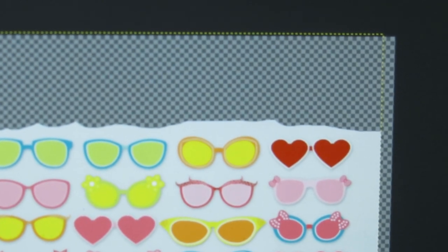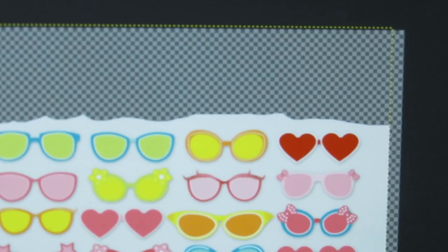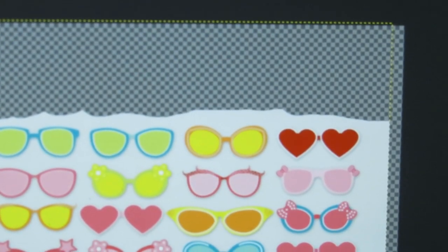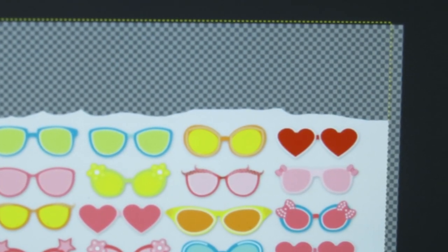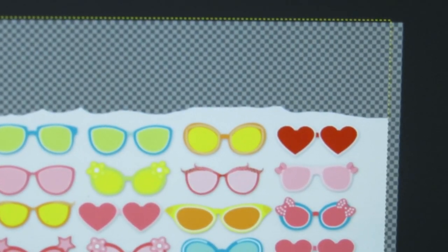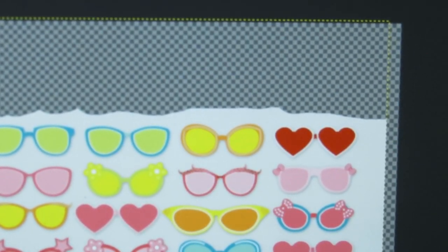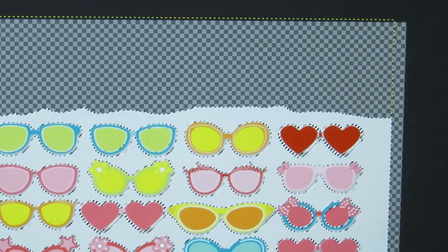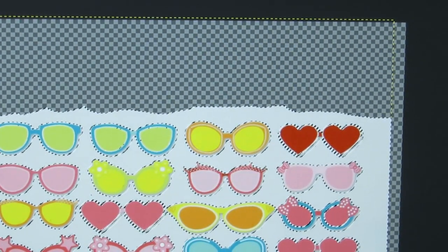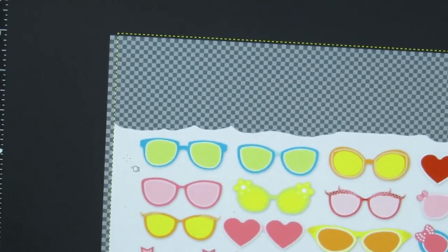So to do that, we can still leave it on the select by color. I'm going to see if it only picks up the background and not any parts of the glasses. If it picks up parts of the glasses, and this is trial and error, by the way, then I'll undo it, and there's a second way that you can select it. But I'm going to try this first to see if it works. See if it just goes around the glasses. I don't like that it looks like it's picking up some parts of some glasses, so we don't want that. So in that case,